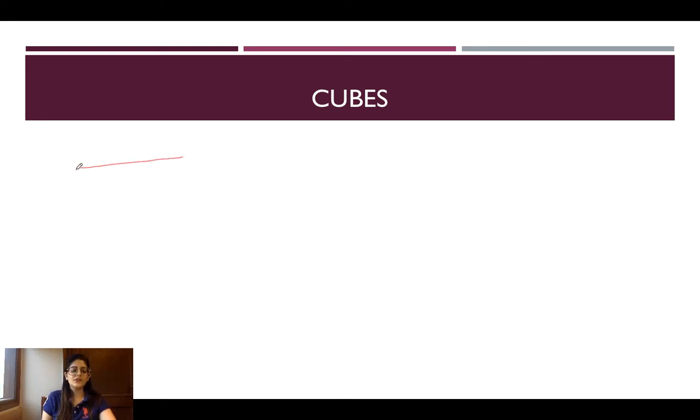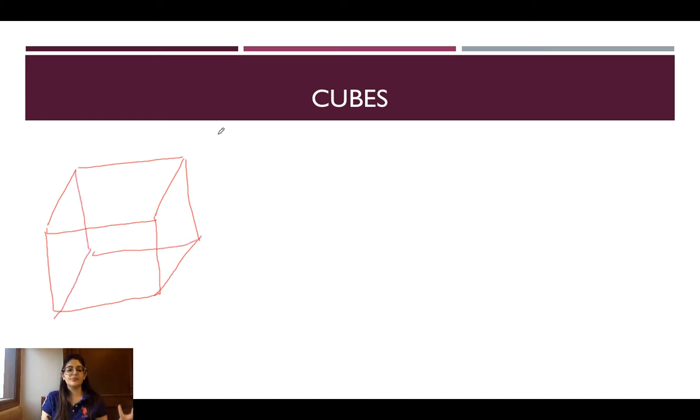Now I am going to take a very basic cube of this dimension. So I am talking about a basic cube, and I am saying that this is a 3 into 3 into 3 cube. So this is the dimension. Now what I have to do is divide this cube into these many sections